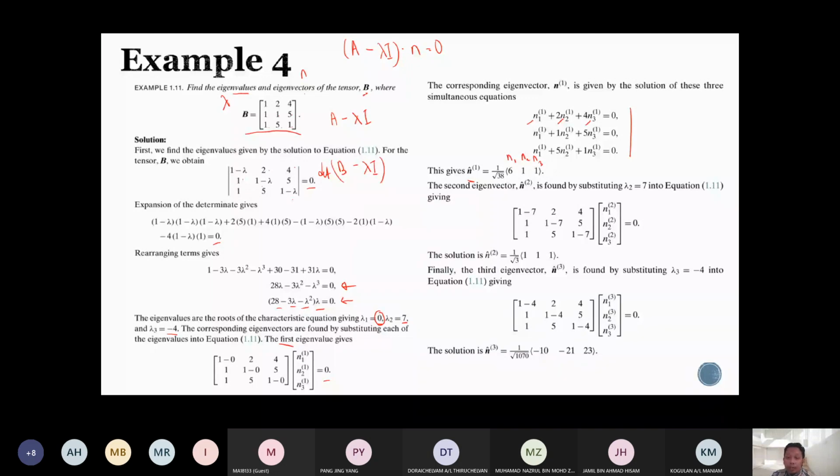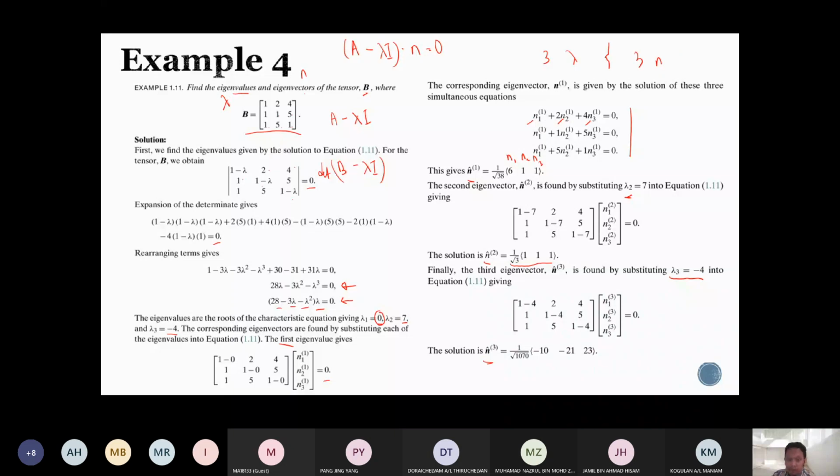And then repeat the process for different lambda. Okay, so lambda number 2 equals 7. So you repeat the process, and you get the eigenvector n for lambda equals 7, this one. And then repeat the process for lambda number 3. Then you get the eigenvectors. So if you have a 3 by 3 matrix, you will have 3 lambda and 3 eigenvectors n. If you have a 2 by 2 matrix, you have 2 lambda and 2